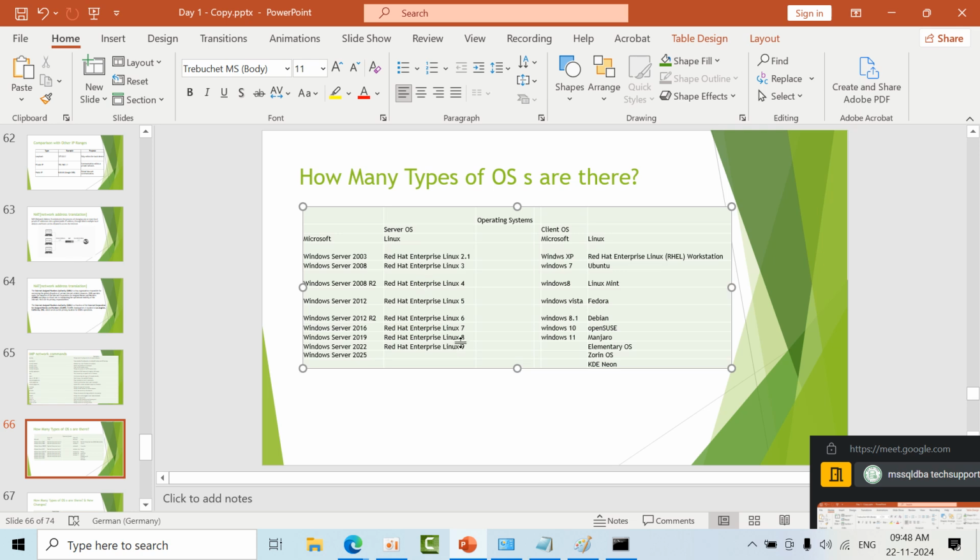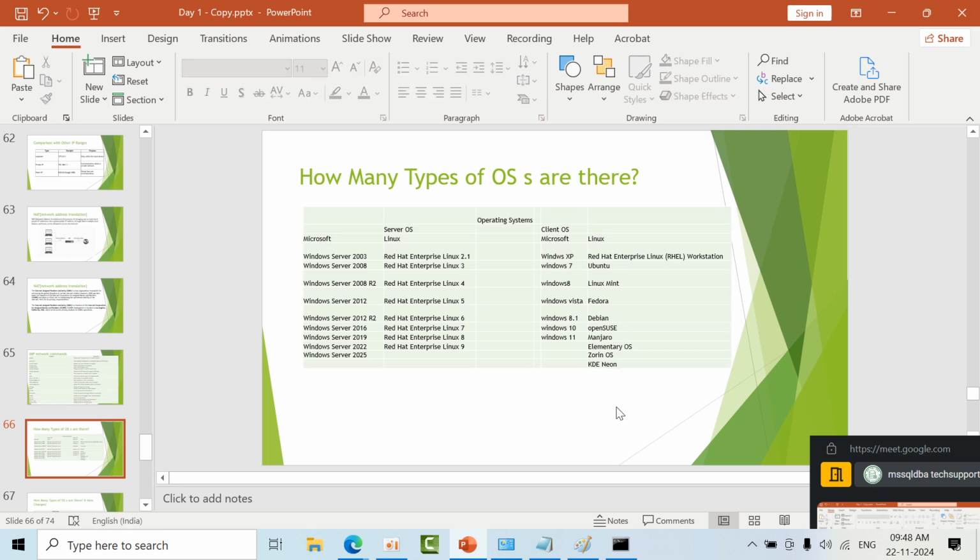So these are all server operating systems. Now coming to client operating systems, on the Microsoft end: Windows XP, 7, 8, 8.1, Vista, 10, 11. And for home users on Linux: Ubuntu, Fedora, Debian, all these come under it.